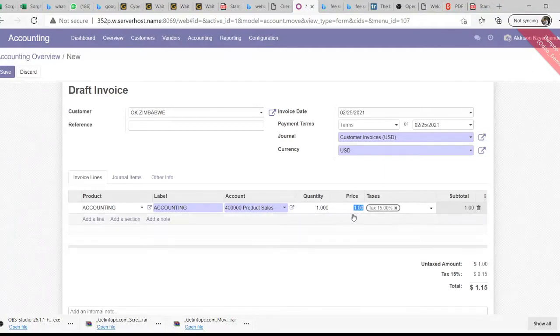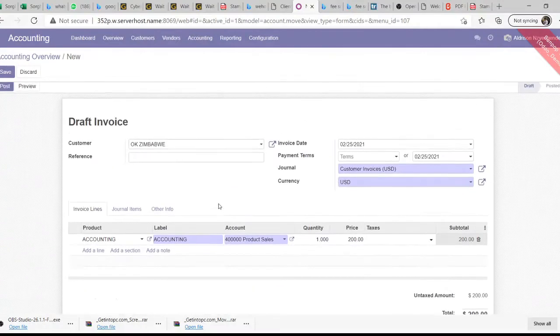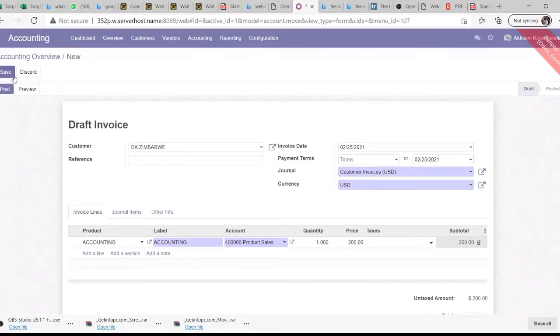Let's say we're going to charge them $200 for this, and you are going to be withheld tax. If it's going to be applied, then you can add it on top so that you don't lose your money, or if there is no tax application, you just remove it here, and then you save your invoice,